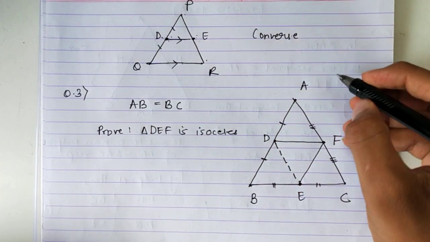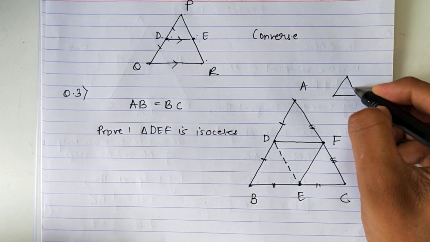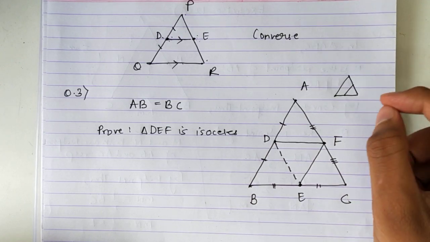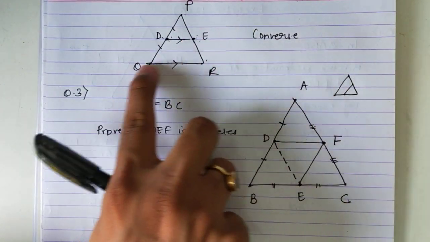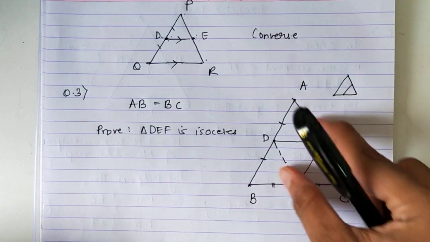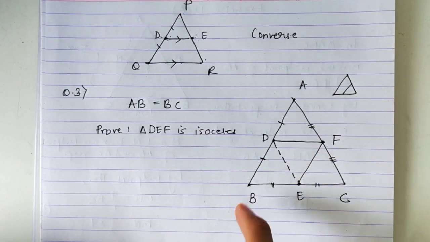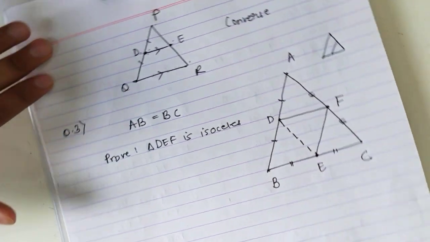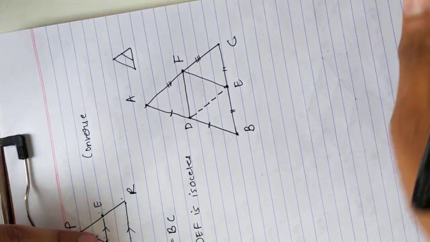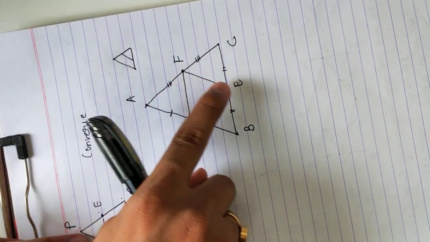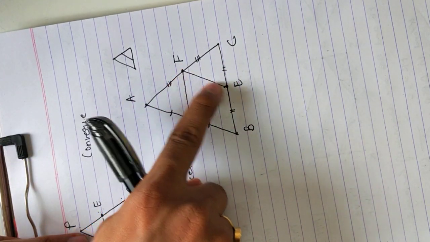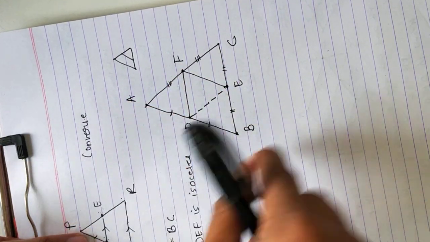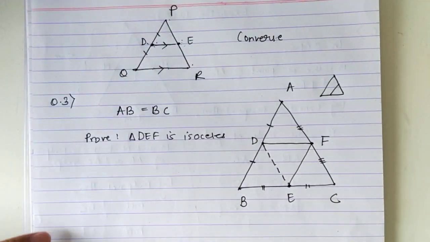See the triangle like this. From here it is inverted. Generally we keep the triangle like this, with this as the base. So you see the triangle in an inverted form where AB is the base. If I turn the book like this, E and F are midpoints. That means EF is parallel to AB and EF is half of AB. Correct? So I'll write that.